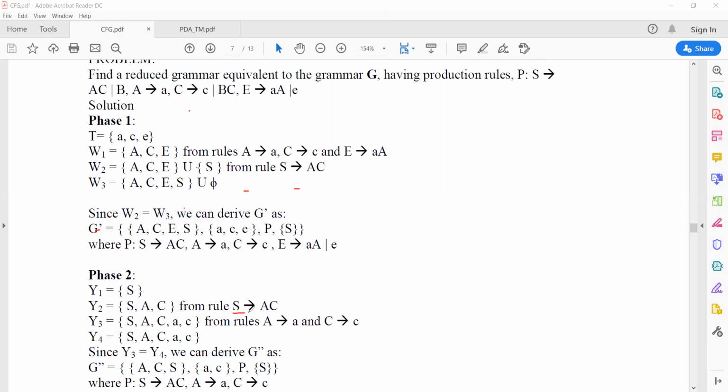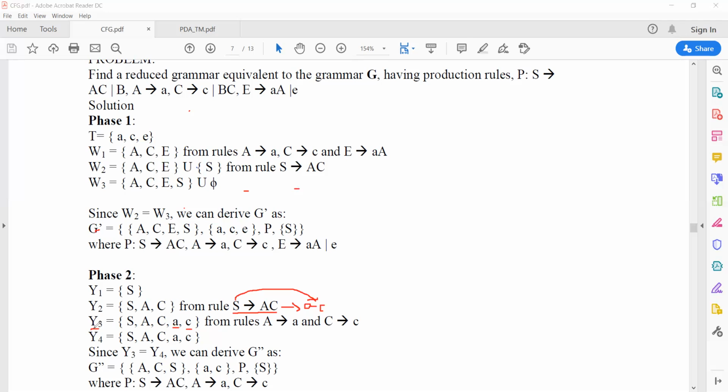This is S produces AC, and if we apply A produces a and C produces c, then S produces ac. So this is a sentential form you can get. So you achieve Y3, and Y3 is ac. So you keep increasing that part. Now, is there anything apart from that you are getting?